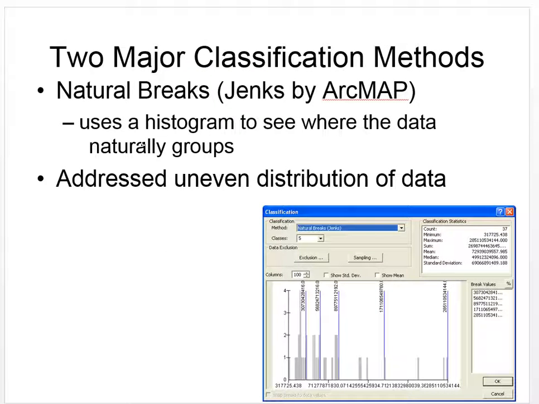And in ArcGIS, ArcGIS defaults when you're mapping ratio data to what's called Jenks natural breaks. And Jenks natural breaks looks at data and it looks for gaps in the data, and then it sets those breaks so that you don't have a misrepresentation of the data. So let me pull up ArcGIS here,